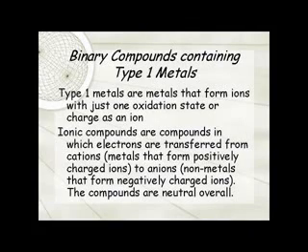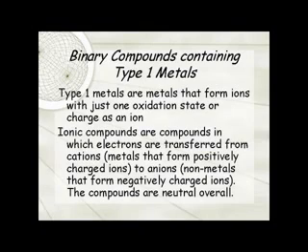Now that you've mastered naming binary molecular compounds, let's take a look at binary compounds that contain what we're going to refer to as type 1 metals. Now, metals come from the left-hand side of your periodic table, the left and the middle, and the bottom of your periodic table. And metals are elements that tend to give up electrons when they form chemical bonds rather than share them. So type 1 metals are metals that form ions with just one oxidation state or charge as an